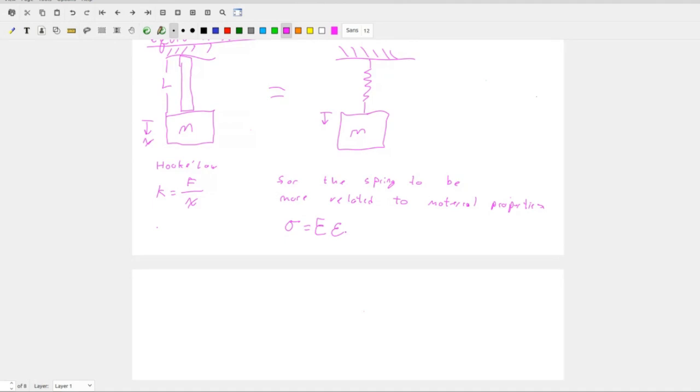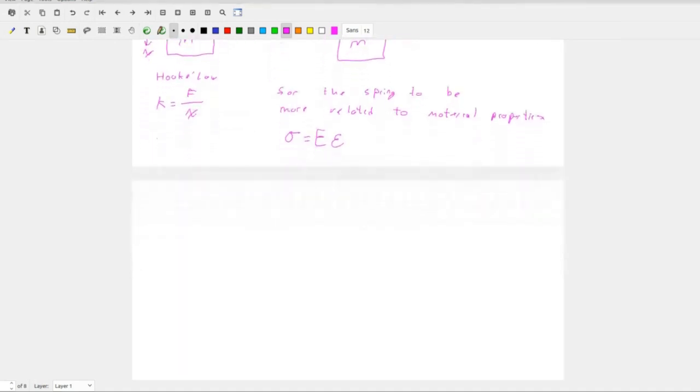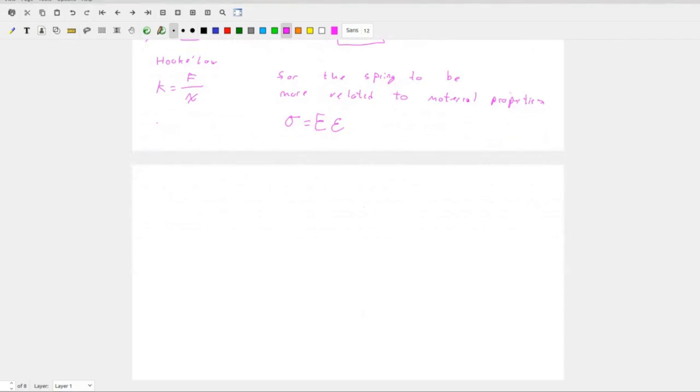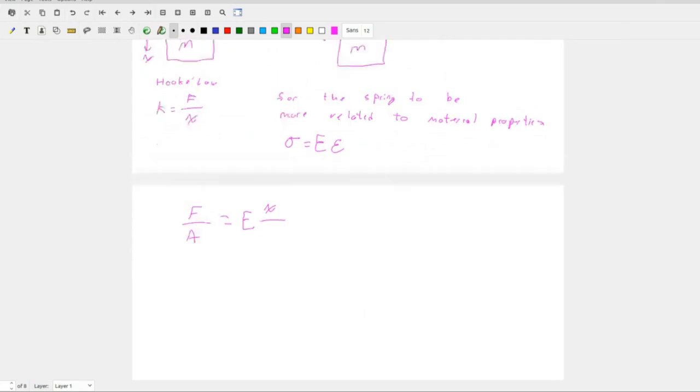We can expand this out, right? So what is stress? Yeah, perfect. That was Lawson. Force over area. And then the strain is our change in length over our initial length, right? And what have we defined in all of these systems for our change in length? What's the variable we're using? X, right? So we have our Young's modulus times our X over, and then if you scroll back up, our